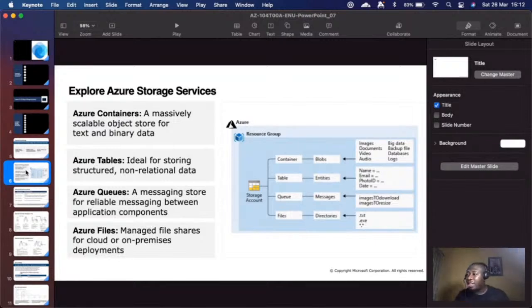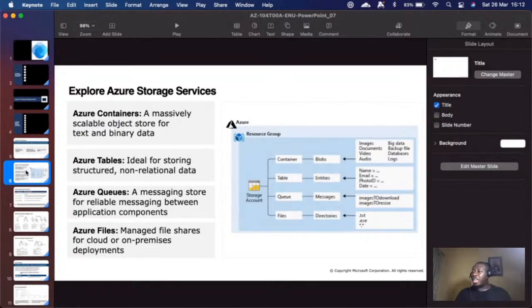And then they increased the size for the Azure files. If I am not mistaken, I think we can have up to about 4 to 5 terabytes for Azure files right now. I know a lot of changes have been happening, so I wouldn't be surprised if it's more than that now.